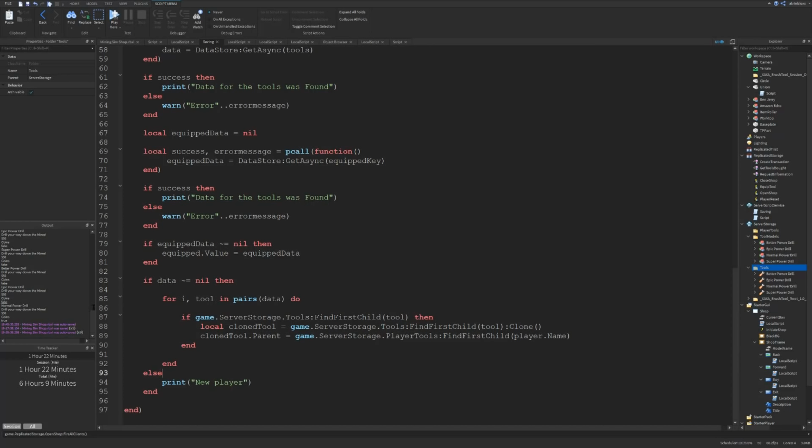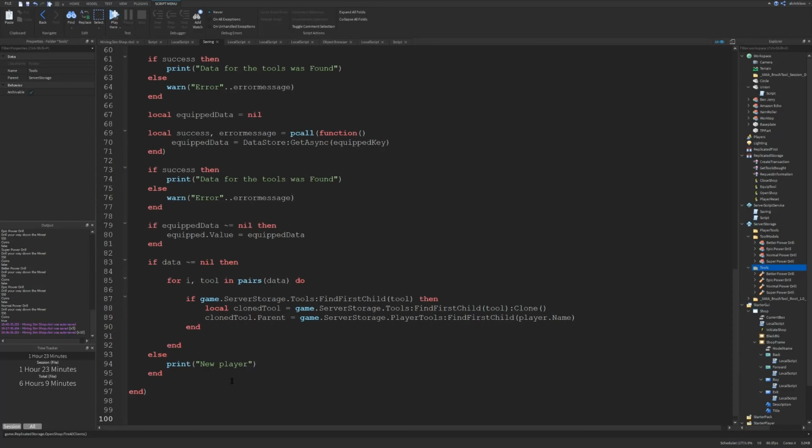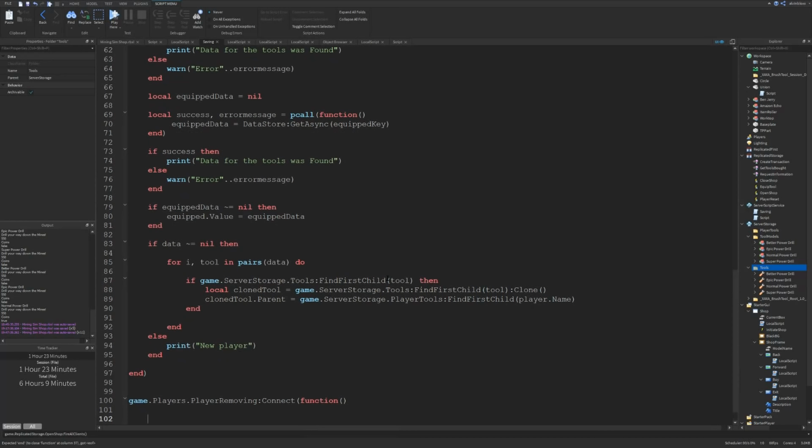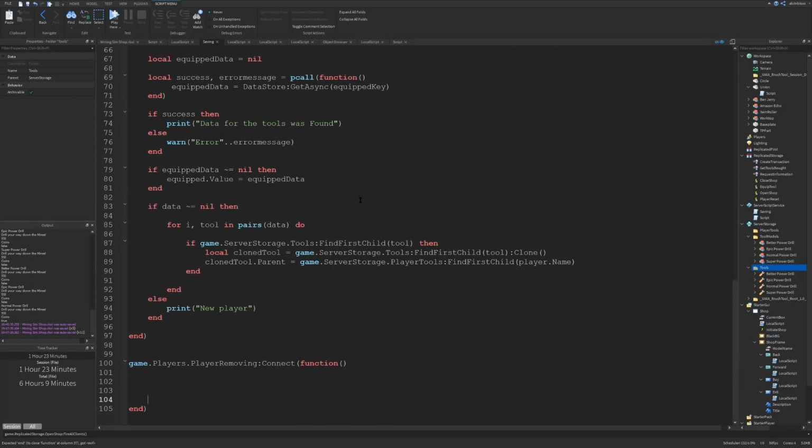The last thing we need to do is set it up so that when the player leaves the game, we can save their data. So this part is relatively simple. All we need to do is just go outside of this PlayerAdded event, and at the bottom of our script we're going to say game.Players.PlayerRemoving:Connect function, and then we can drop a few lines, make sure that the end with the closing bracket is added in, and then we're going to create a table called tools. This is the table which we're going to save,